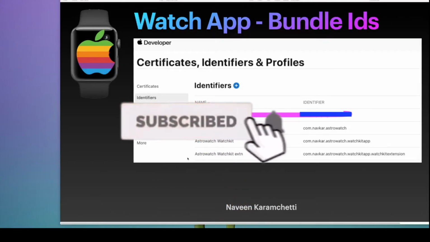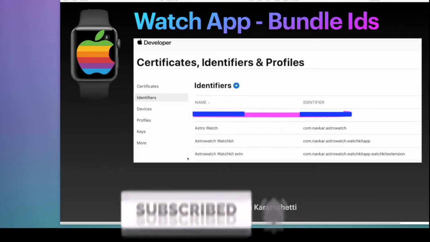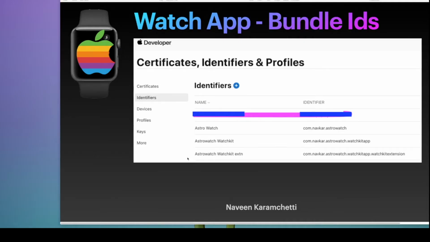Okay, I'm going to talk about the bundle IDs you would need to set up for building this watch app. So as you can see here, my Apple developer account is open here. And I've opened the identifiers tab, as you can see on the left side. Now here I've created 3 bundle IDs. If you notice here, the first one is for the Astro Watch. So that is